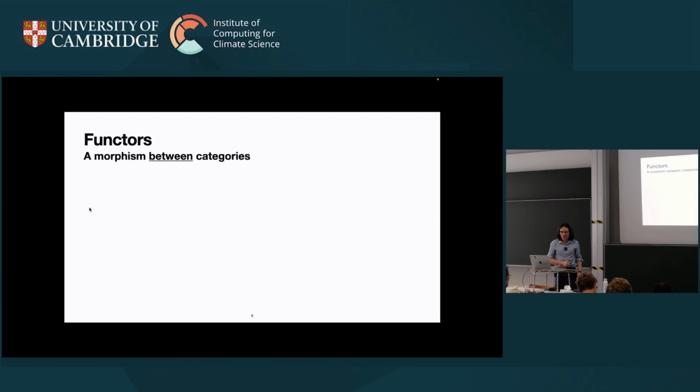So, functors. Really, category theory is all about looking at relationships between things. The most important thing tends to be not the objects, but the morphisms, and the structures around those morphisms and how morphisms preserve structure. So functors are going to be morphisms between categories. They're going to be a way of mapping between categories, connecting two categories, in a way that's structure preserving. So let's